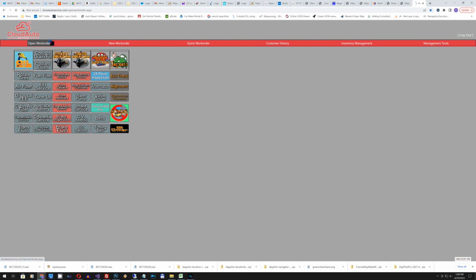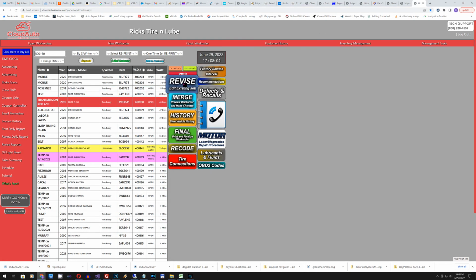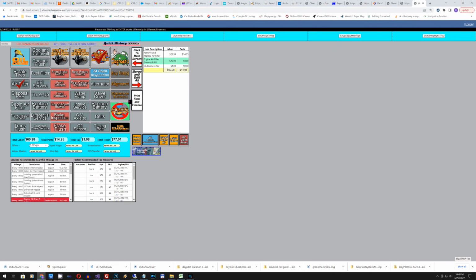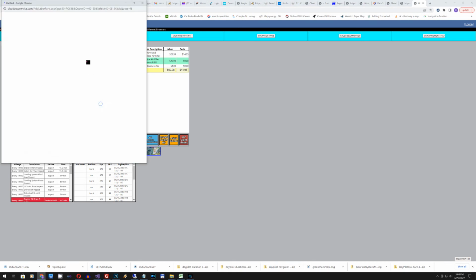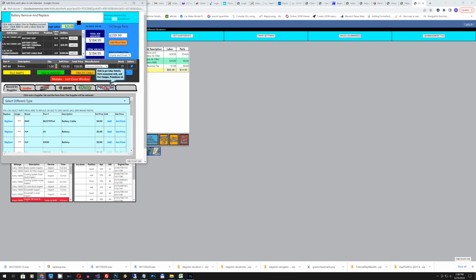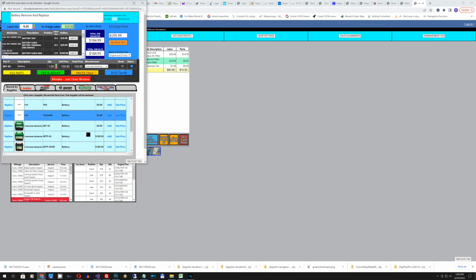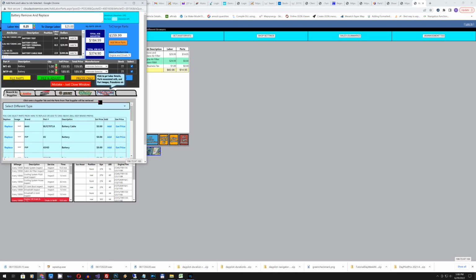and when I go back to my revise screen, if I'm in revise, there is my replace battery now. And if I click on battery, there's all my batteries in here, and here's my Interstate battery, $189.95. If I select that, it will go up in there. It will actually place it in there. So I could add that in, deselect the previous one, so that's my price now,